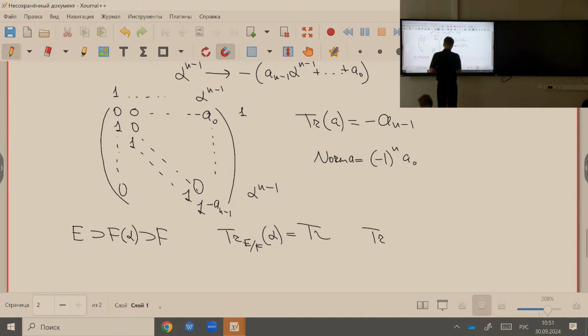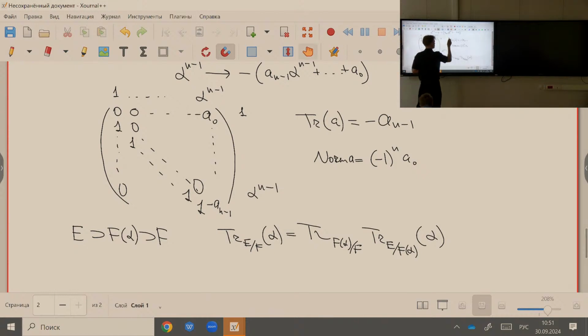So trace of here you are doing the trace from E to F alpha, and here you are doing the trace from F alpha to F. And if you apply it to alpha, this trace, if you take the trace of the operator that is already defined